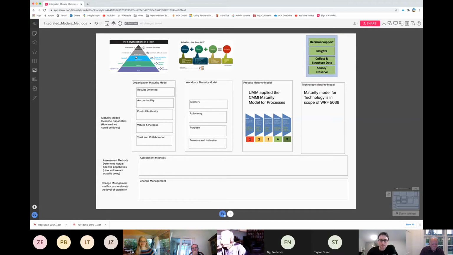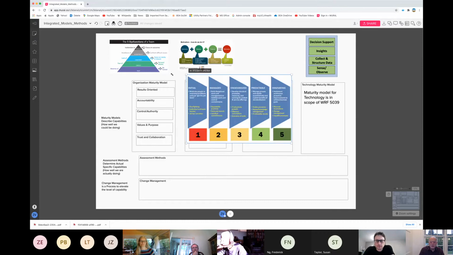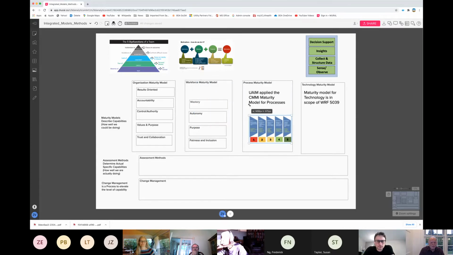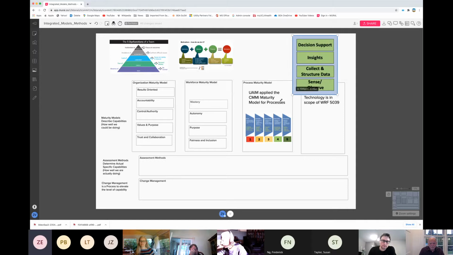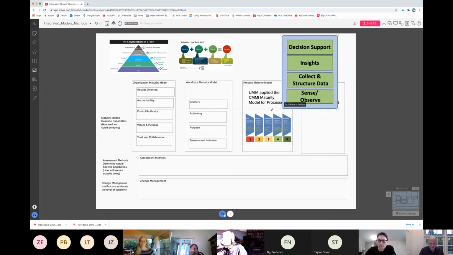So does this help at all to put things in perspective? It may be a bit much, but I was hoping that we could explain what we're trying to do overall. You can see here that we already have a capability maturity model for the business processes that we've used successfully. And on that other project that I'm working on, a research project, I'm going to be doing the same thing on the technology side,